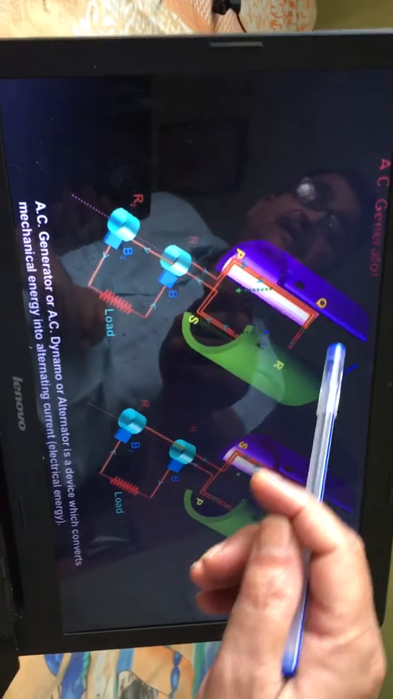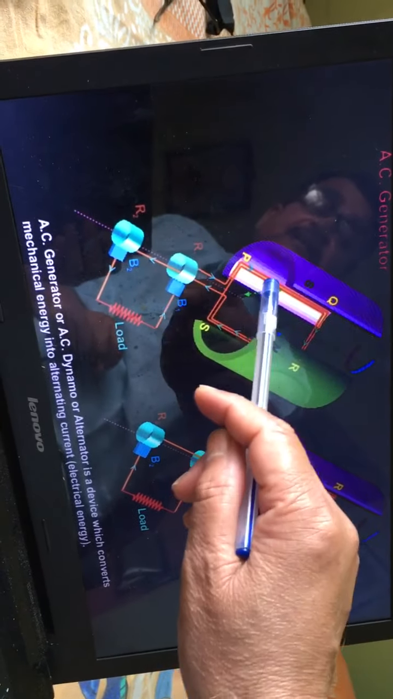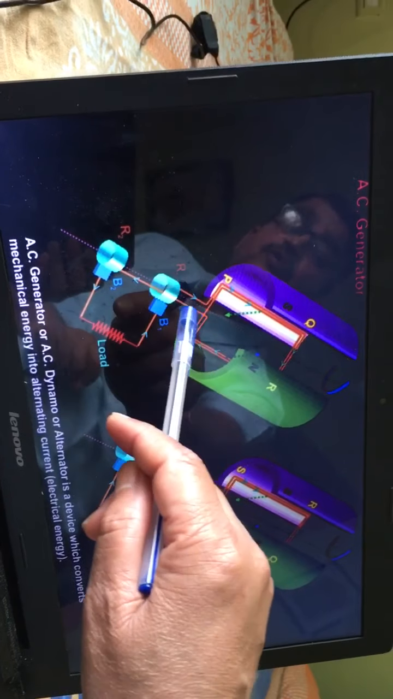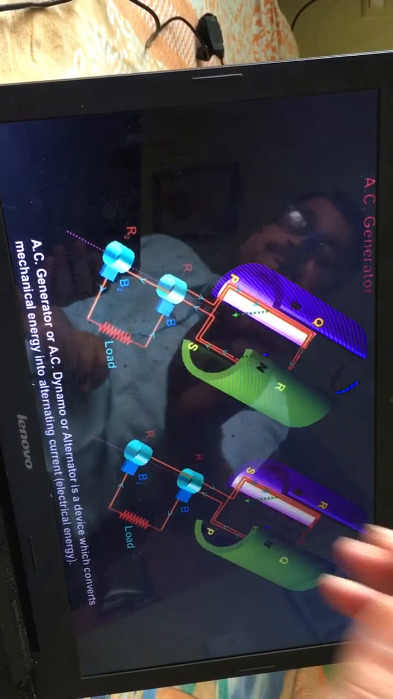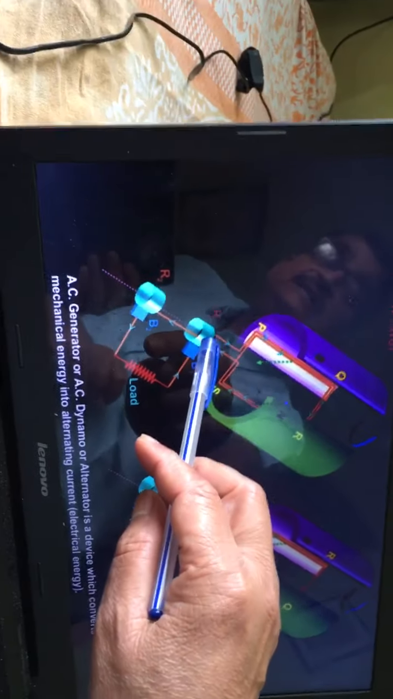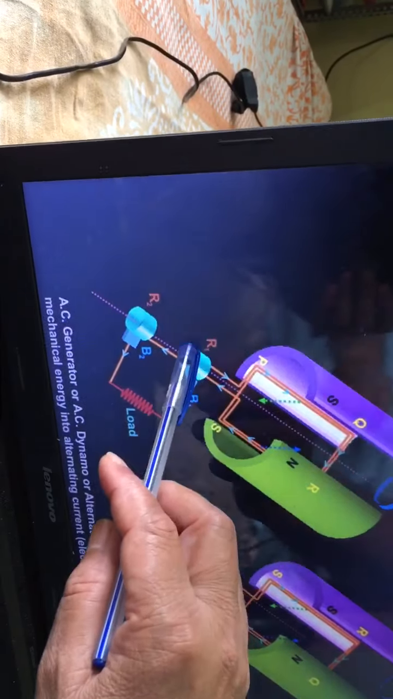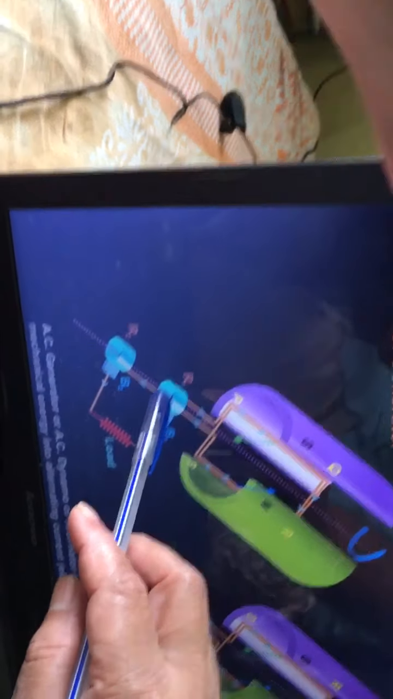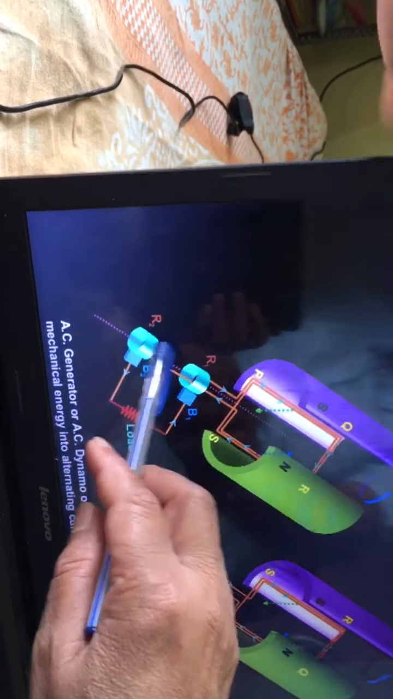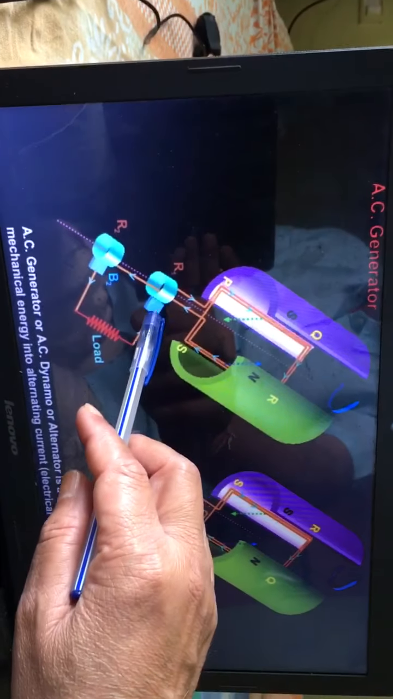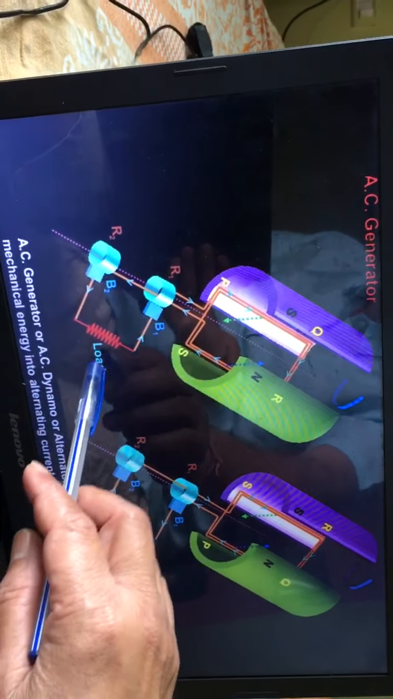The only difference is that these are the field magnets. This is our armature that is made of copper. In the case of the motor, there was a split ring, and here is a complete ring. That complete ring is called a slip ring. So two slip rings are used over there, and finally through the carbon brushes B1 and B2, the load is